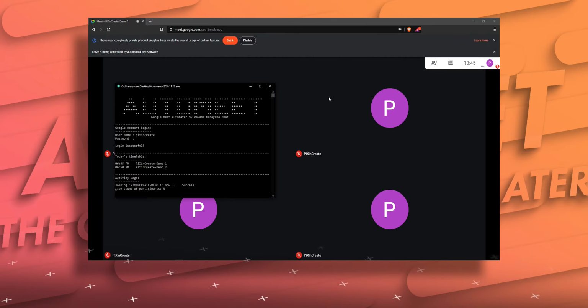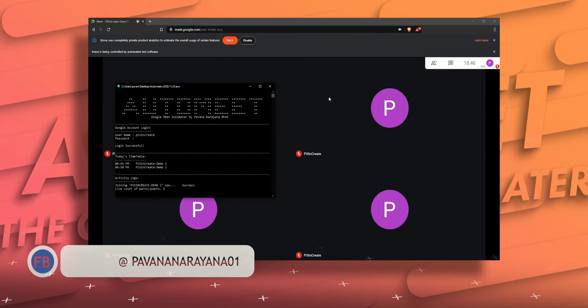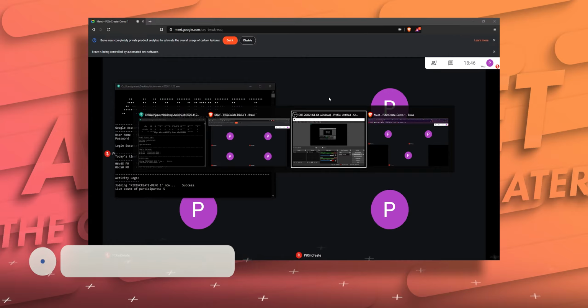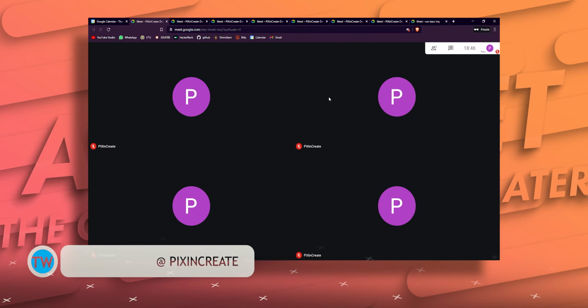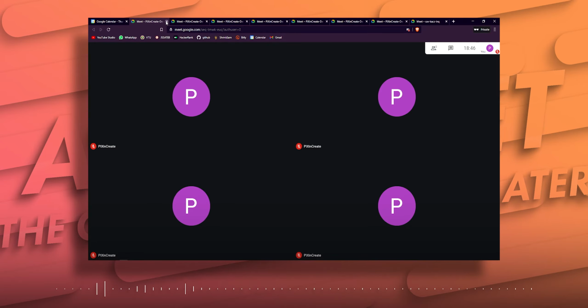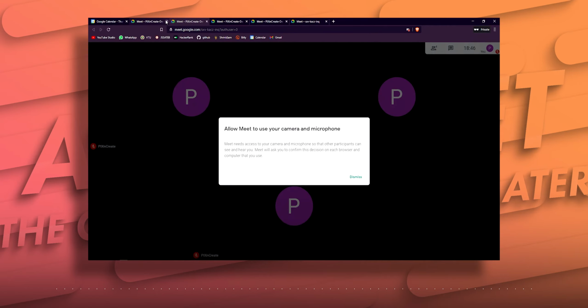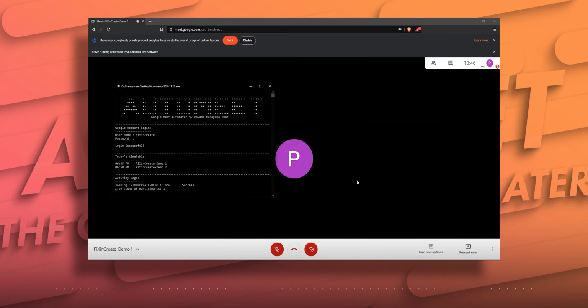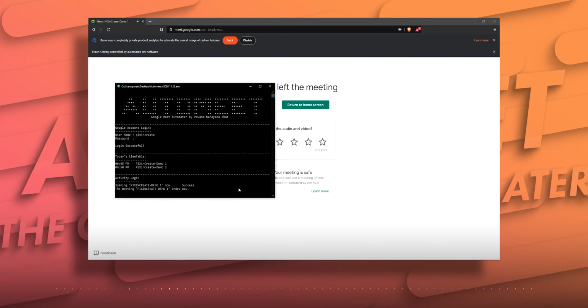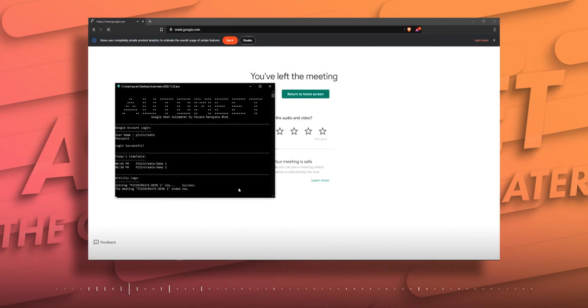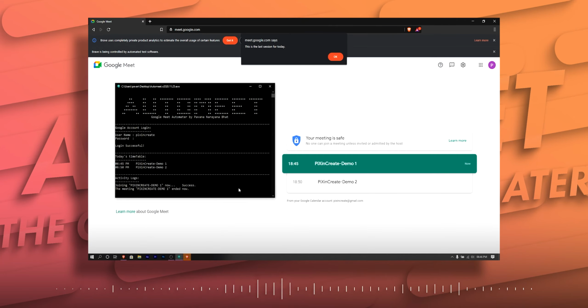Okay, now I'll end the first meeting by closing all the 4 tabs. If you divide 5 by 4, one will be your quotient and a remainder. However, we are only focusing on the quotient. Basically, if the participants count reduces to 1 by 4 of the max count, then your meeting ends. Now that the first demo meeting has ended, it will wait for the next session to start. And the same continues until your last session.